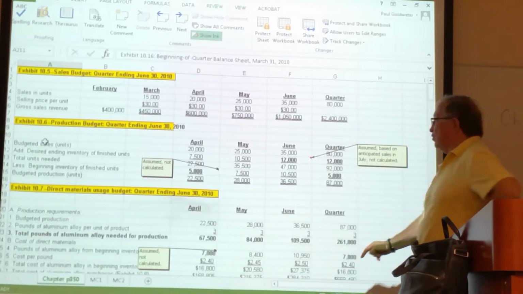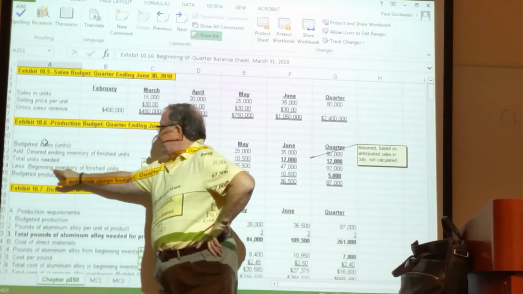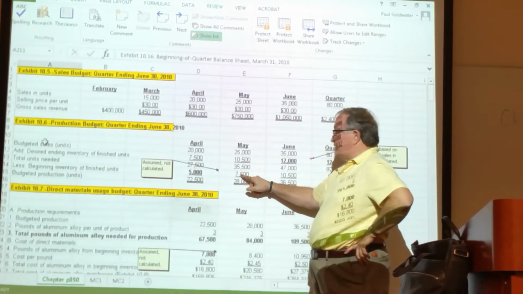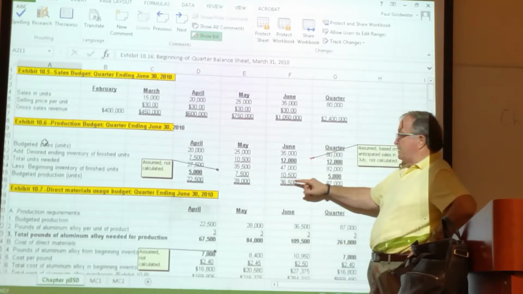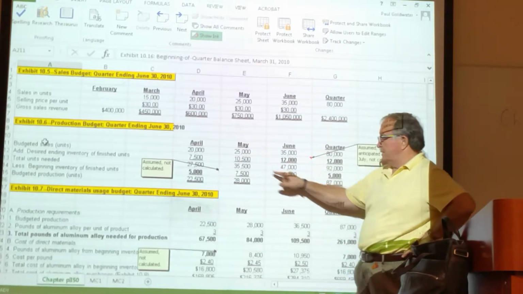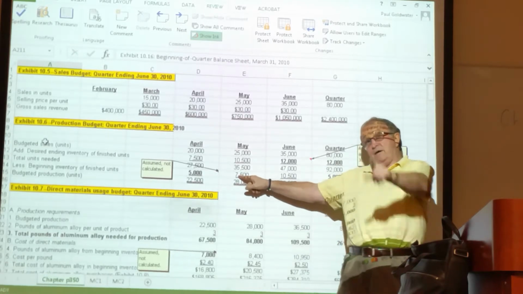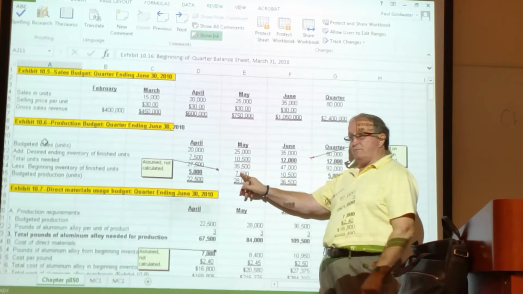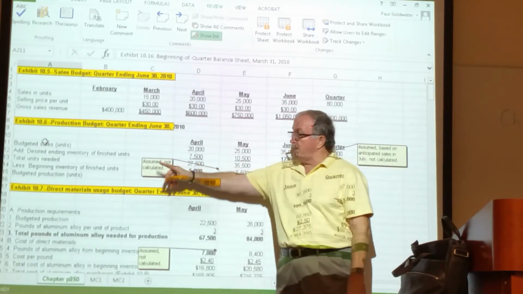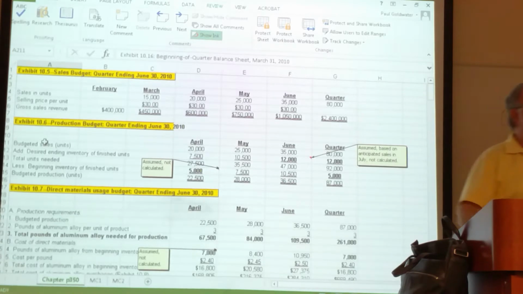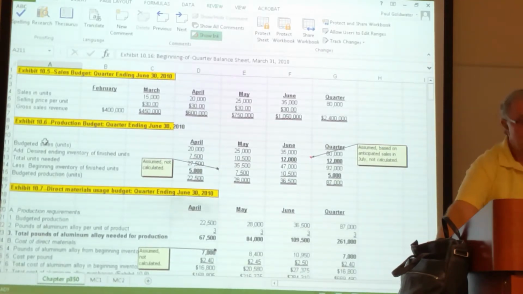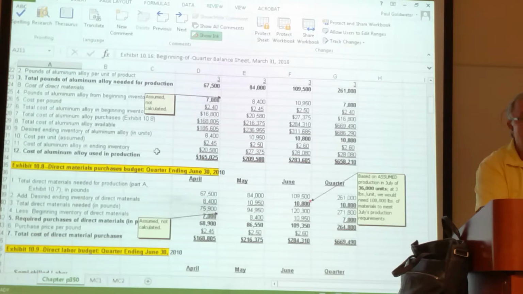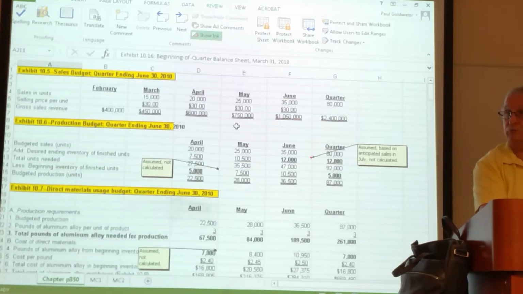Okay? Because the beginning inventory has to be the closing. But that number right there in the exhibit, there was nothing in the exhibit to tell me where it came from. So I just gave you a comment. Assume. I couldn't give you a formula there. It's not possible. So I put all the algebra in here. I'm not asking you, and you shouldn't, go looking over all the algebra because it's not going to serve any purpose,